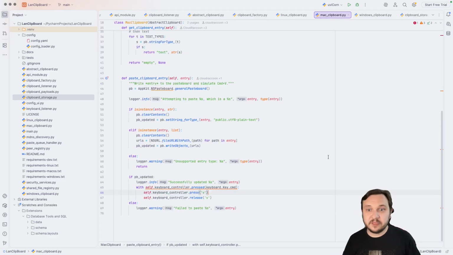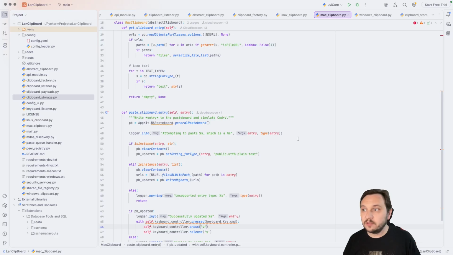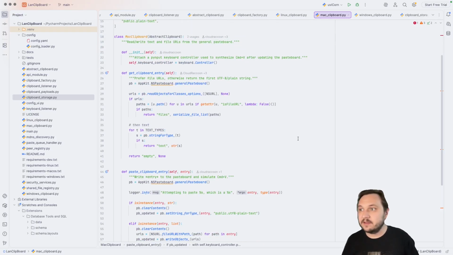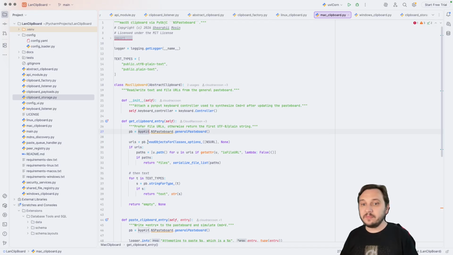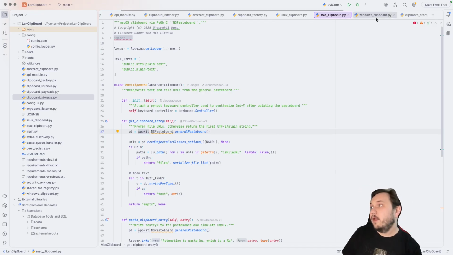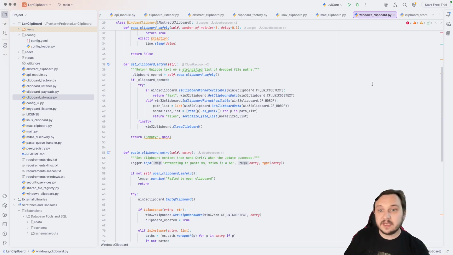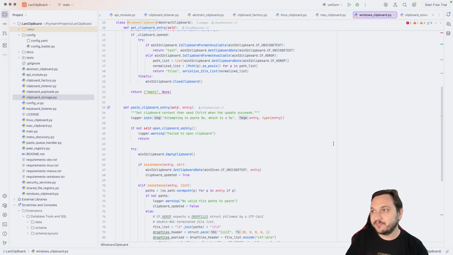On Mac, it was even more straightforward. As a matter of fact, it was surprisingly easy to implement. You just call the AppKit libraries that are provided by Apple. And on Windows, it was extremely complicated. It turned out, and I found it the hard way,